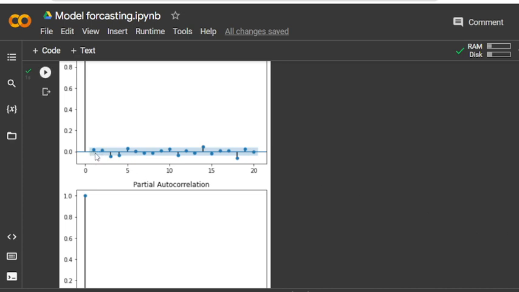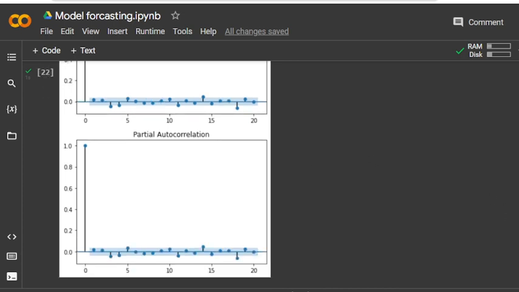Most of the time you can see the values are 1, 2, or zeros, and only a few spikes, like 1, 2, 3, 4, 5, 6. Similarly, you could see the partial autocorrelation here, it's similar. So PACF and ACF could be similar.